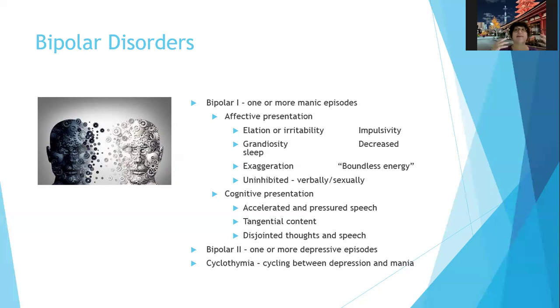So the affective presentation for bipolar 1, which is the mania side, is elation or irritability, grandiosity, decreased sleep. Impulsivity, exaggeration, boundless energy or the appearance of boundless energy, verbally and sexually uninhibited. Cognitively, you'll see accelerated or pressured speech, tangential content, so moving from one subject to another really quickly, and disjointed